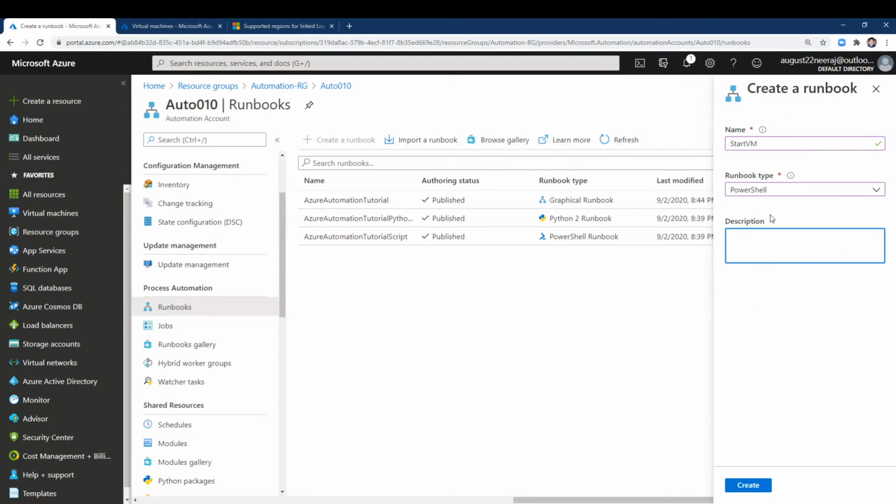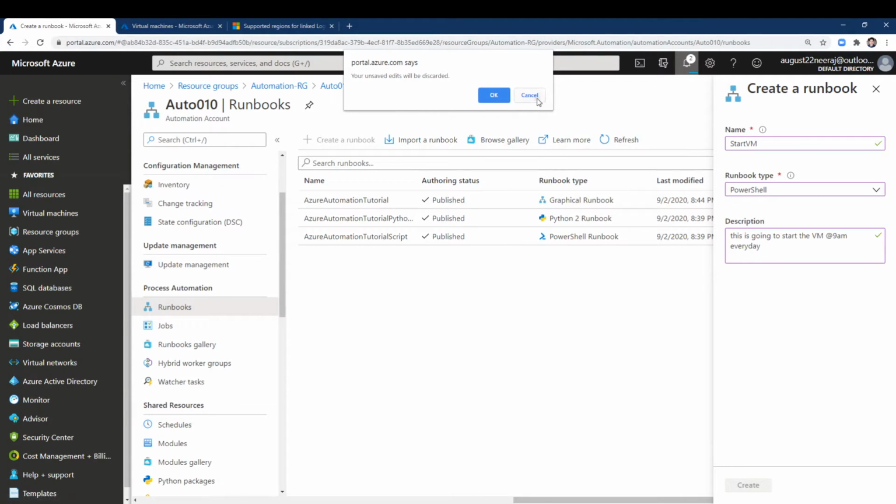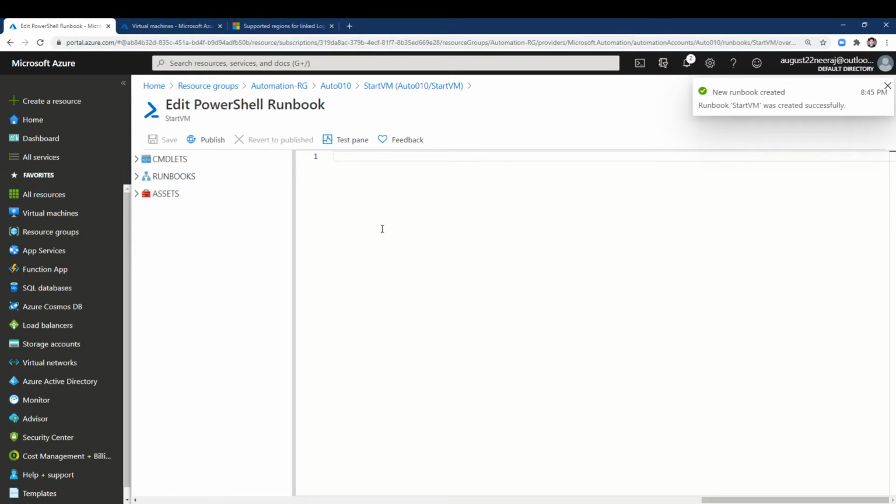Description: this is going to start the VM at 9 a.m. every day. Okay, so this is the configuration I'm creating. I click on create and this runbook will be created for me. Okay, so this runbook is created.